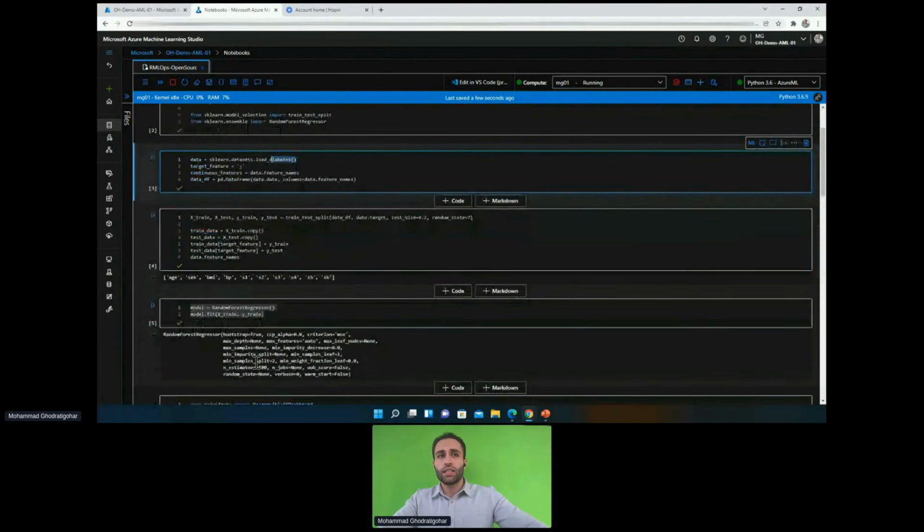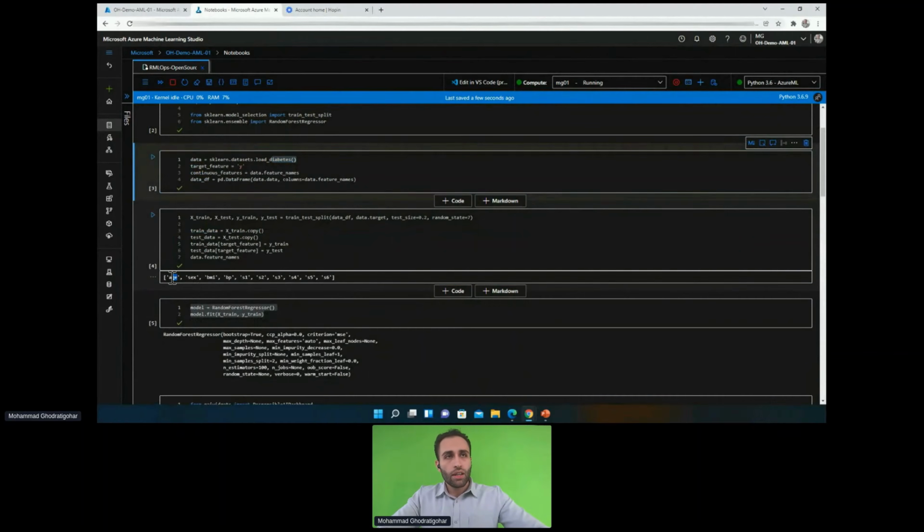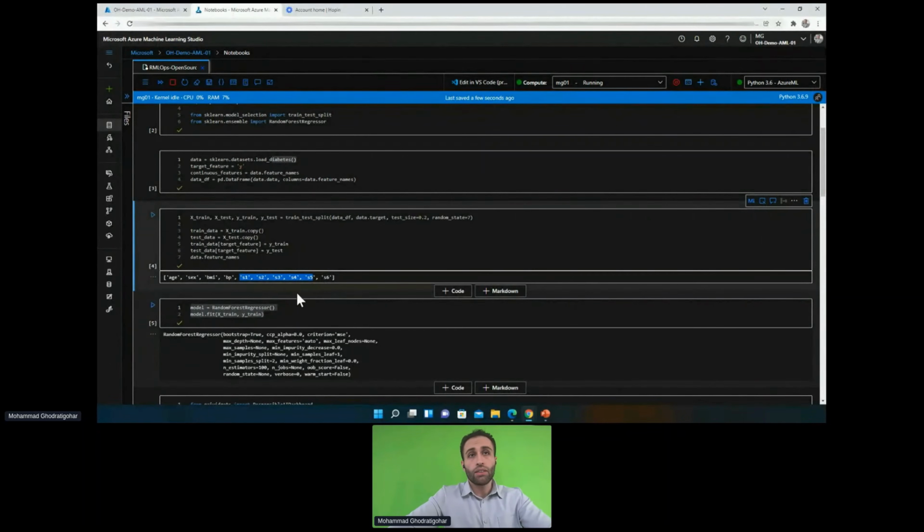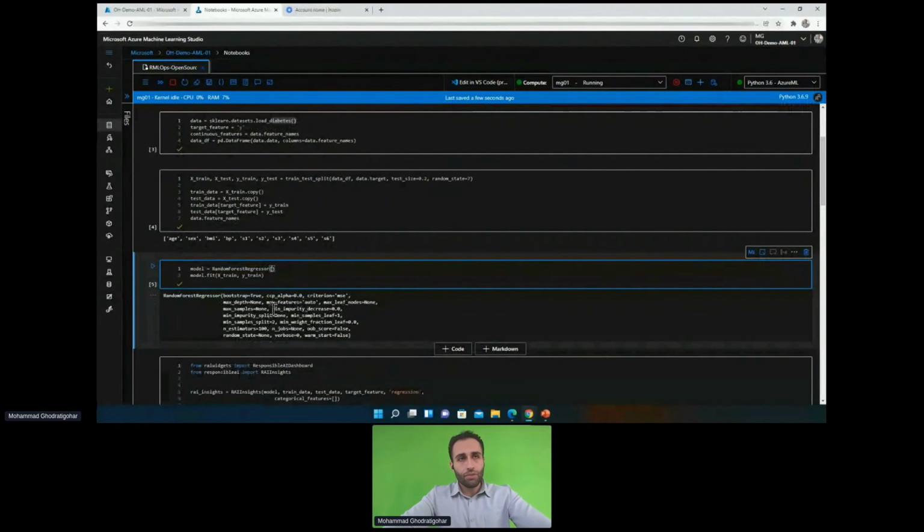This data set contains features like age, sex, BMI, blood pressure, and some other components related to blood, like cholesterol levels, sodium levels, and so on. And then I am simply and quickly training a random forest regressor, a regression model, to predict the progress of diabetes in a patient over a year.